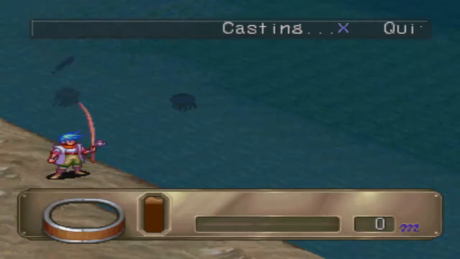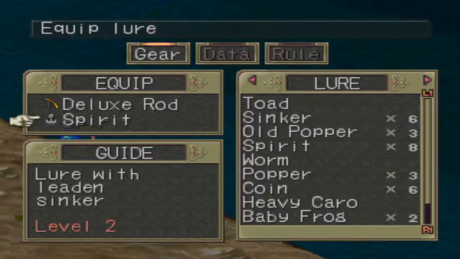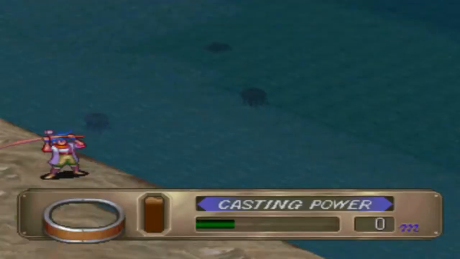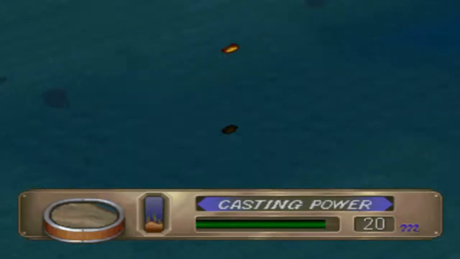Well, what button do I press to... Thank you, I was trying to figure this out. But there is a Manillo here, which sells the best stuff that you can get, because it's not available in any regular old town, and...